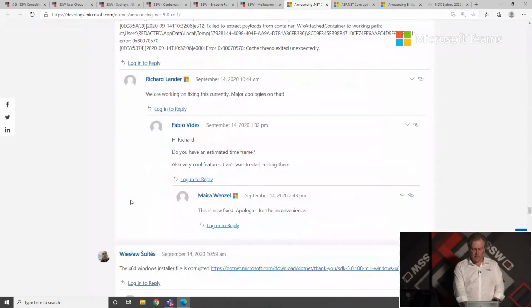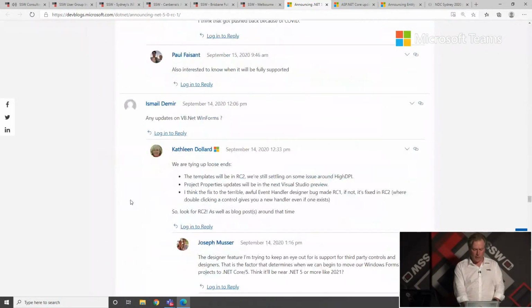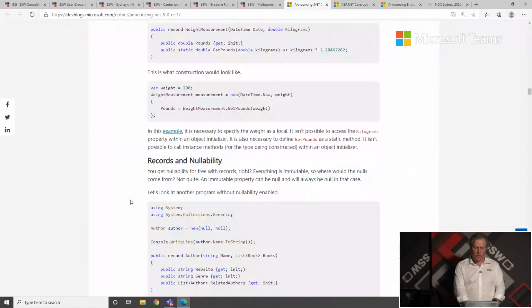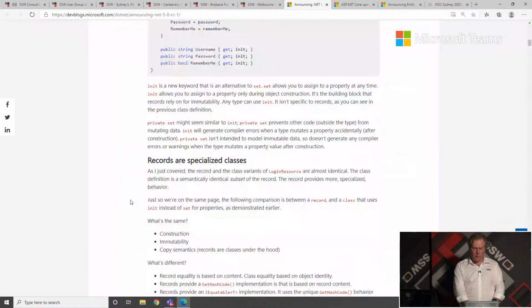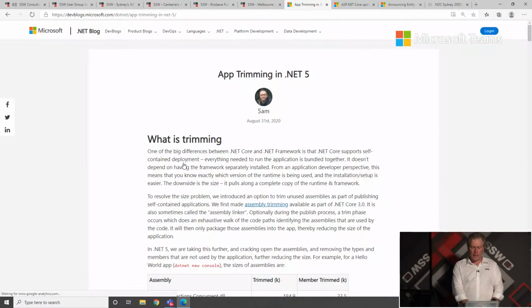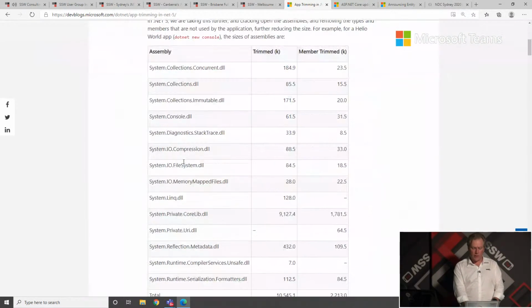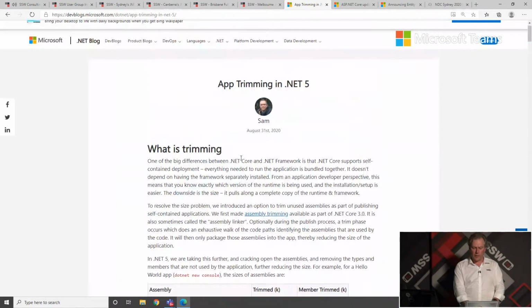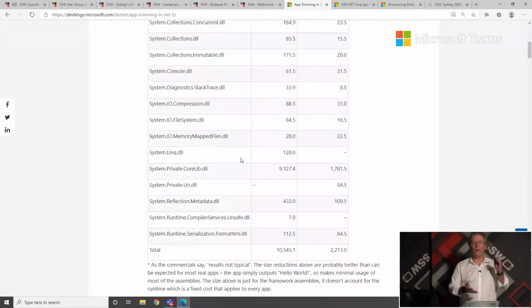I'm not even halfway through this, but what I should say is all these pages just link off to other things. So let's go to, say, app trimming. App trimming is a great thing in .NET 5. You'll notice that there's no 4 in this name anymore. But this basically takes out all the code that you're not using and makes this